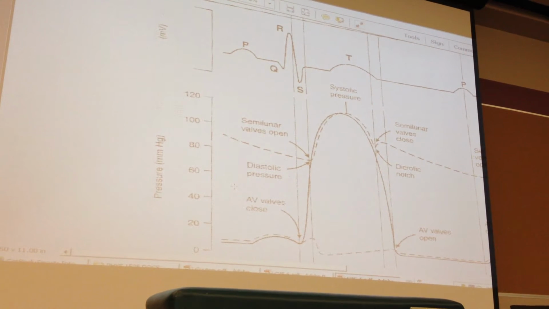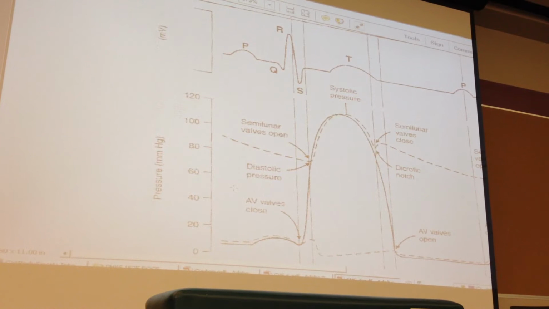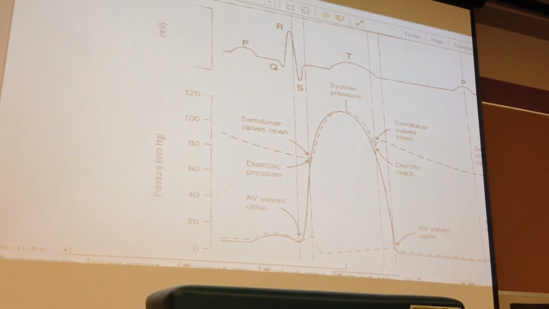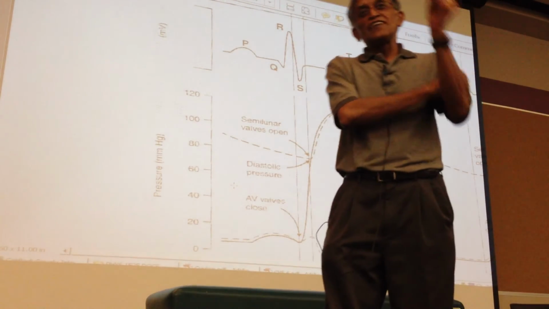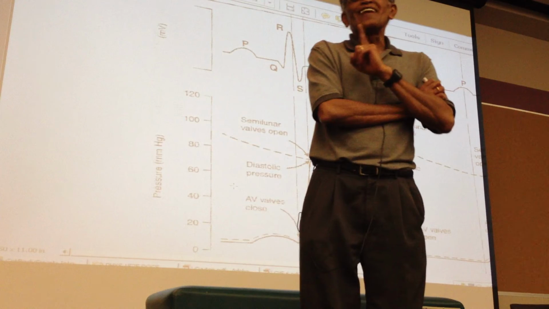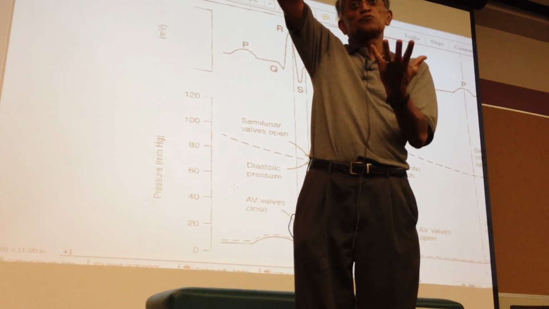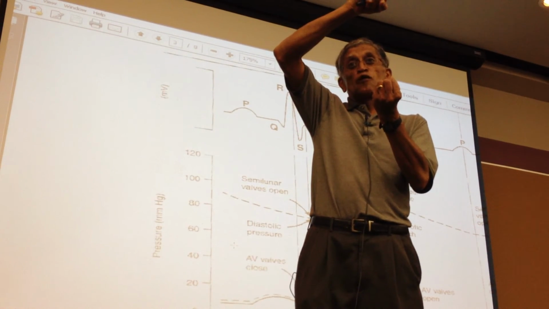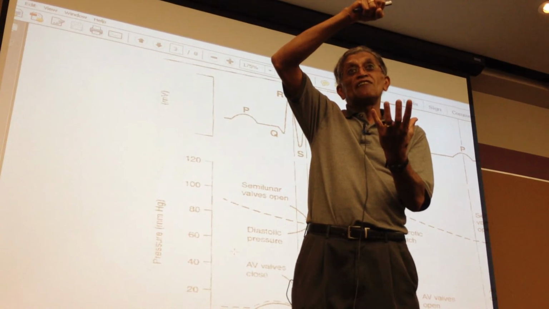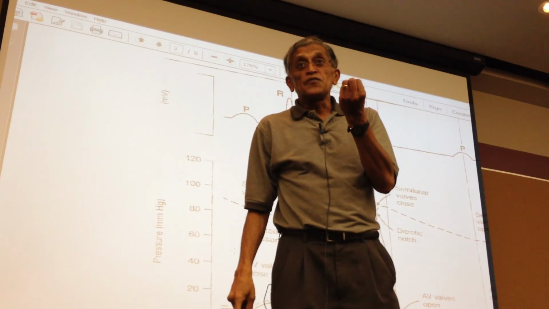So what's missing in the ECG? Atrial repolarization is missing. Why? It's covered up by the QRS complex. The QRS complex represents ventricular depolarization. So the ventricles are depolarizing, the atria must be repolarizing. When the ventricles are contracting, the atria must be relaxing. Keep that correlation in mind. Follow me? When the atrial chambers contract, ventricles must relax. When the ventricles contract, the atria must relax. When the atria are depolarized, the ventricles are repolarizing. When the ventricles are depolarizing, the atria should be doing the opposite.